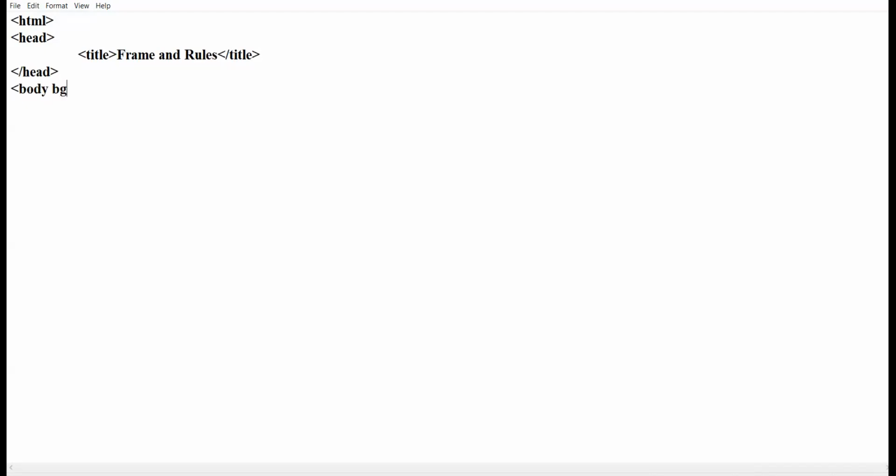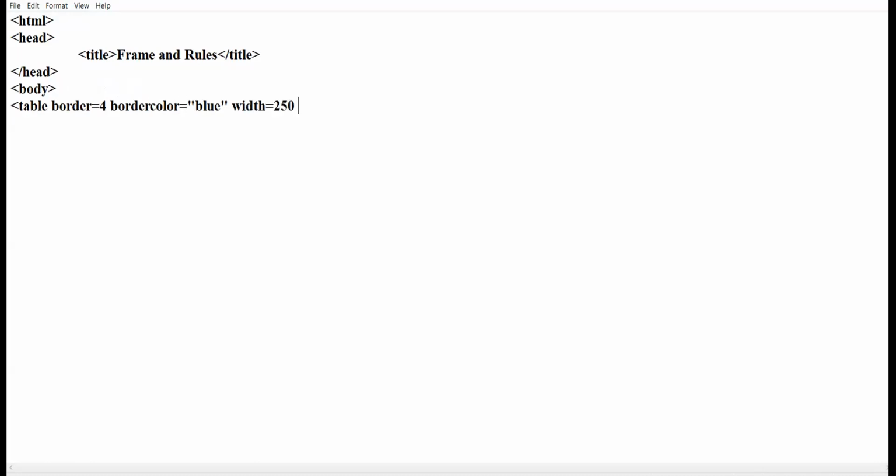I am giving the body BG color as white. Table border, I am taking size 4. Border color, I am taking blue. Width of the table, I am taking 250.